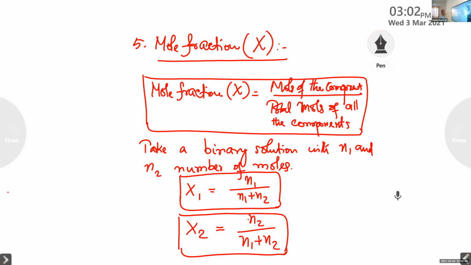Now you take the sum of the mole fraction of all the components. That is here, x1 plus x2, take the sum. Sum is equal to 1. x1 plus x2 is equal to 1. And that is useful for